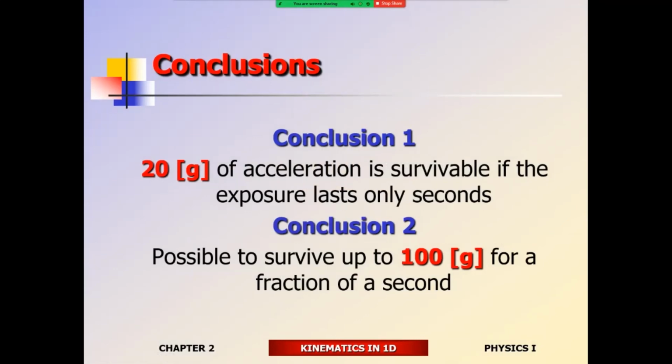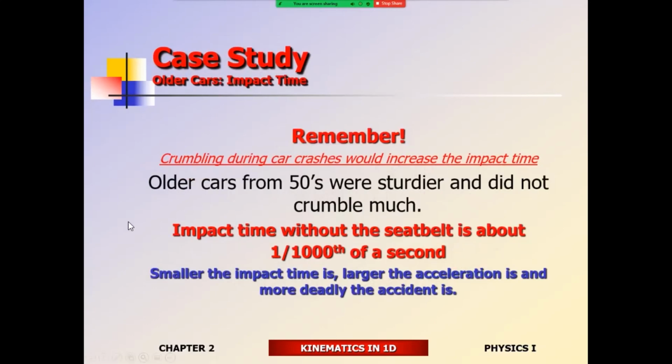So the next question is, what's considered survivable? Based upon accident records that they obtain from these collision scenes, black box data, either from race cars or even regular commercial accidents, they pull out the data and check to see what the numbers were. And sometimes people survive, and when they do, they look at the numbers. 20 years ago, it was around 100 Gs. Today, the numbers are around 140 Gs. Under extreme constraints, for a fraction of a second, you can survive, up to 100 to 140 Gs. Anything over 140 Gs is not considered survivable.